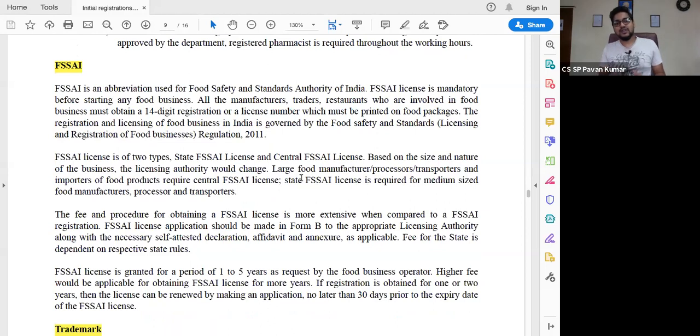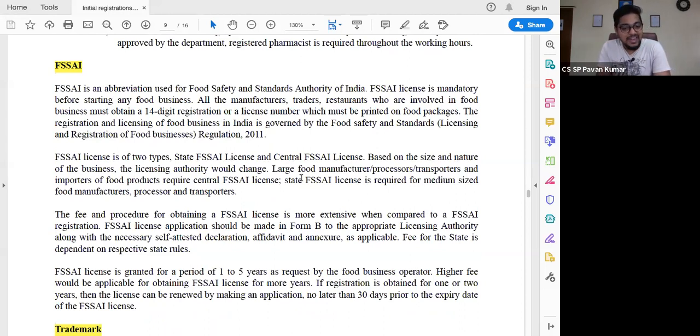Coming to the next one, the FSSAI license. So what do you mean by an FSSAI license? FSSAI is the Food Safety and Standards Authority of India. Whenever I'm going to deal with any type of food product, a packed product, a retailer who normally sells it need not have an FSSAI. But if I'm having a bakery, a cake shop, a hotel,